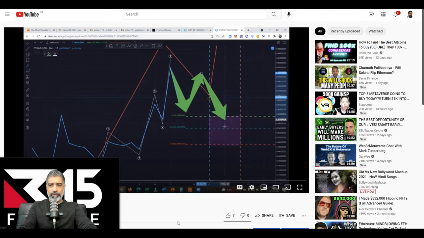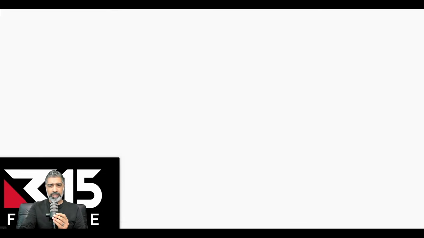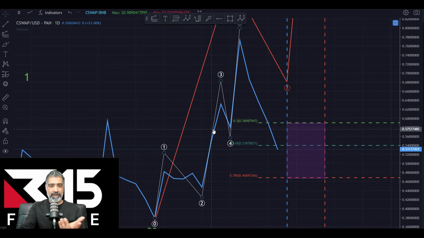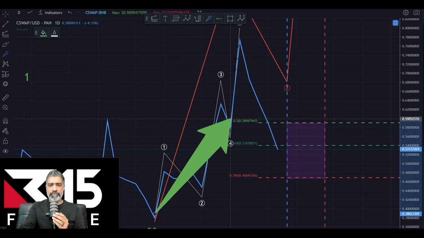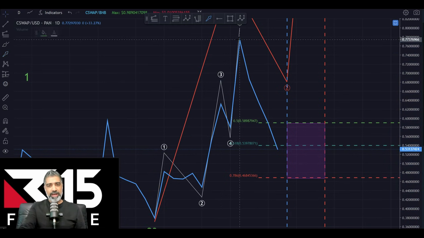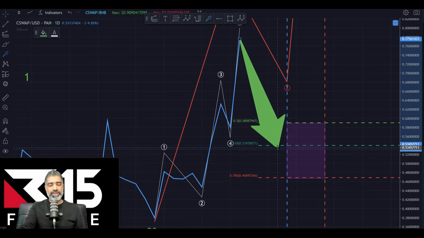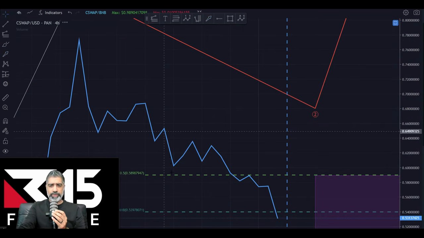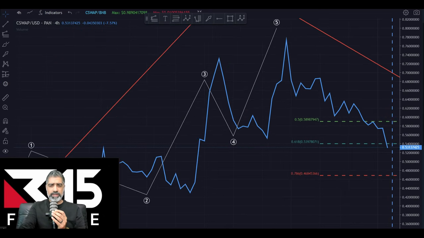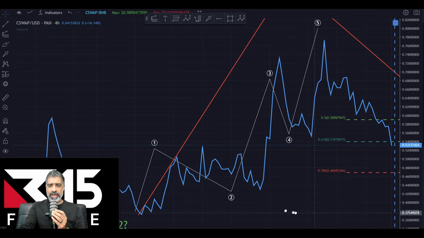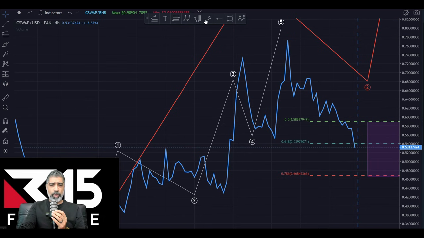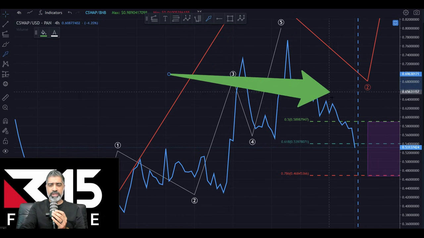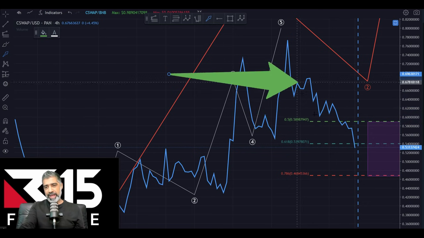So what we've got happening with CrossSwap, it seems textbook. It's forming as anticipated. So we saw this nice textbook 1, 2, 3, 4, 5, and then a nice ABC correction. Now here it just looks like a straight line. But if you go to a lower time frame, like we can jump into a 4-hour chart, it's not the cleanest of ABC corrections. However, you can see that there's overlapping waves. And it's going down. Is it going to play out a bit longer?